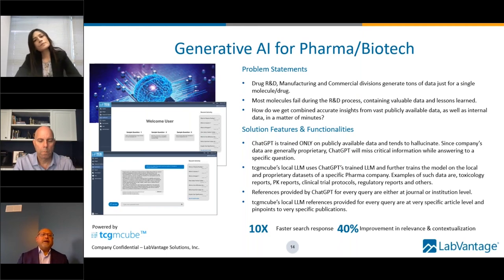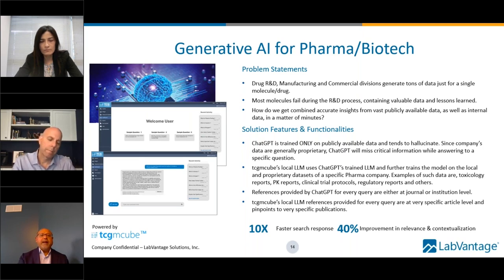And the issue here is that for a given molecule, whether it's ongoing, has failed, or has been successfully launched, there's so much data across the drug development continuum, right? Many of these data are very valuable and important to design the next set of experiments, understand the lessons learned, do an iteration, and feed it back to the previous divisions for them to understand what went wrong.